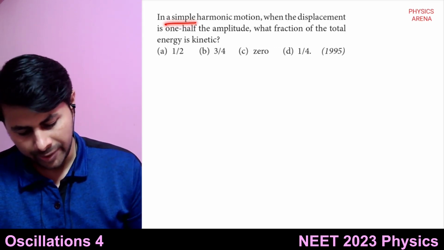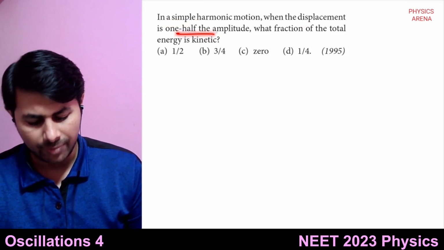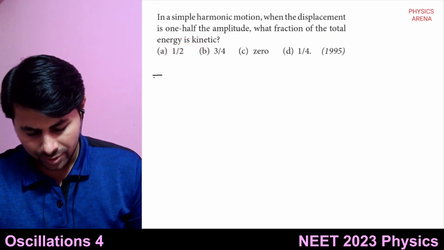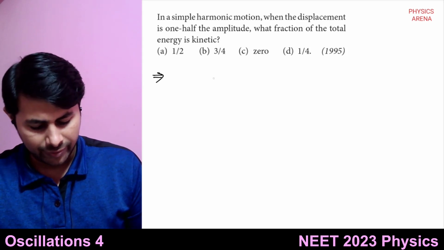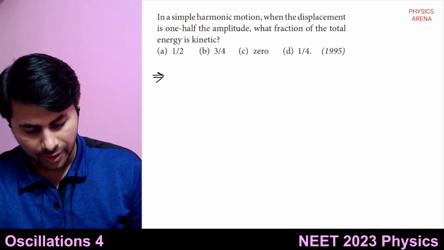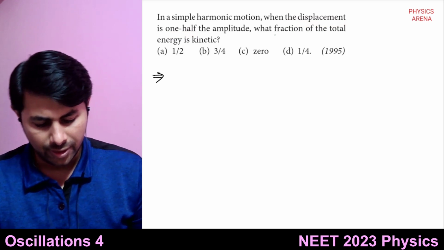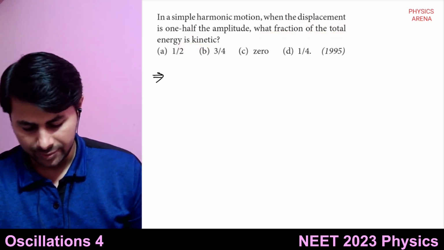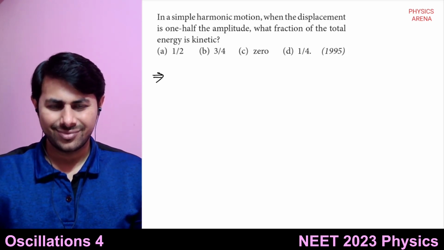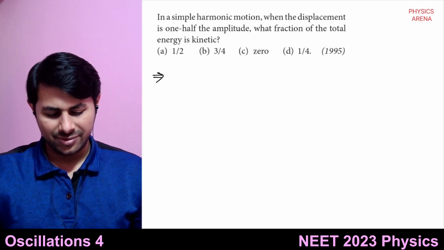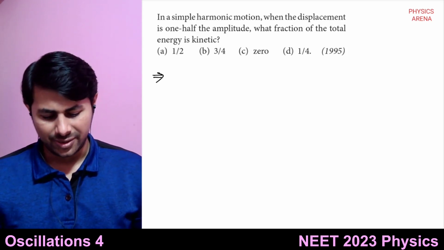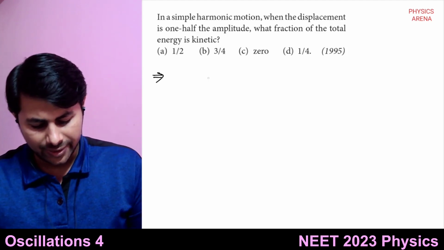So in simple harmonic motion, when the displacement is one half the amplitude, what fraction of total energy is kinetic? So we have just found that when the displacement is one half the amplitude, what fraction of total energy is kinetic? So can you tell me the answer directly? It's option B, right? Because potential energy is 1/4, the remaining is kinetic energy. Okay,